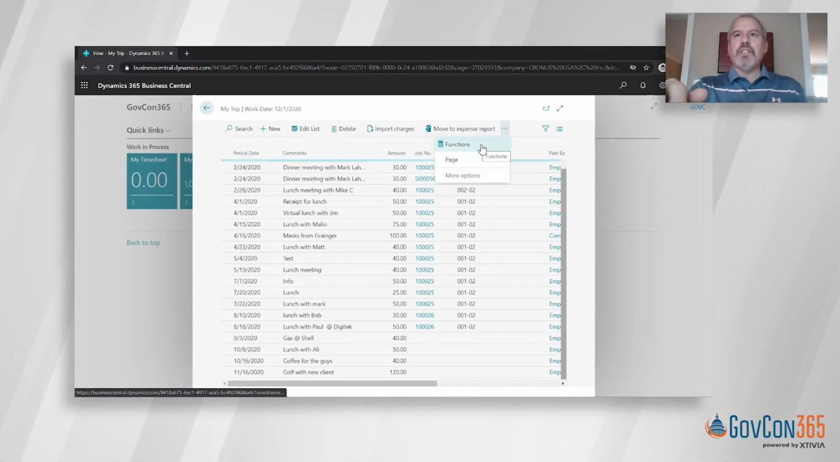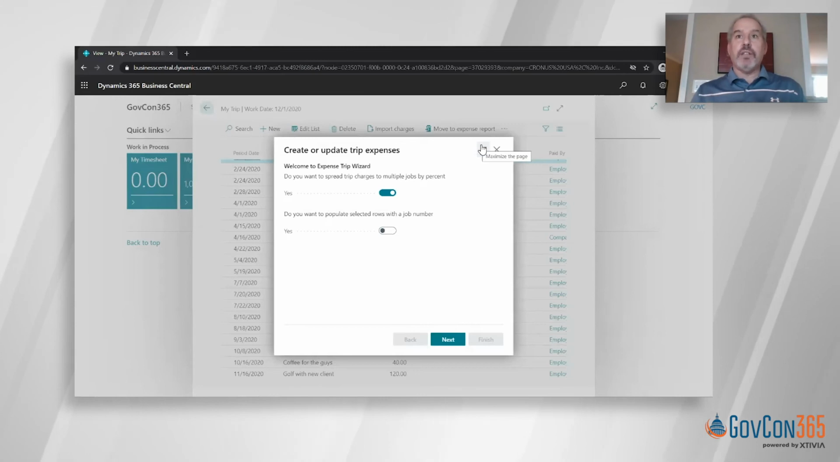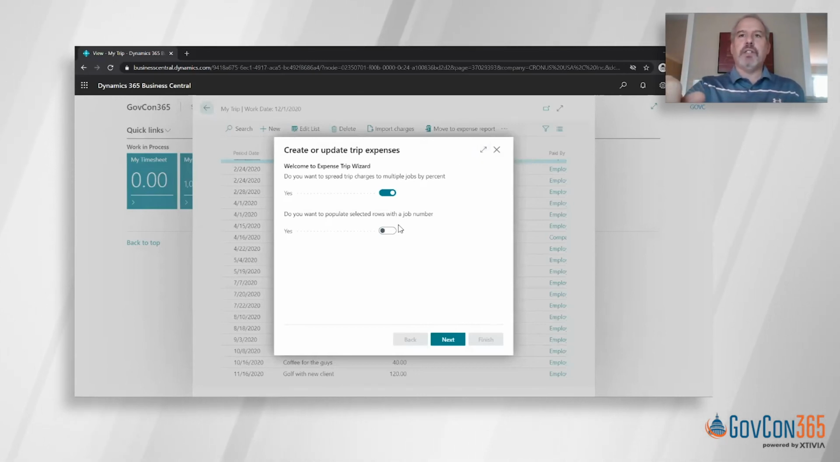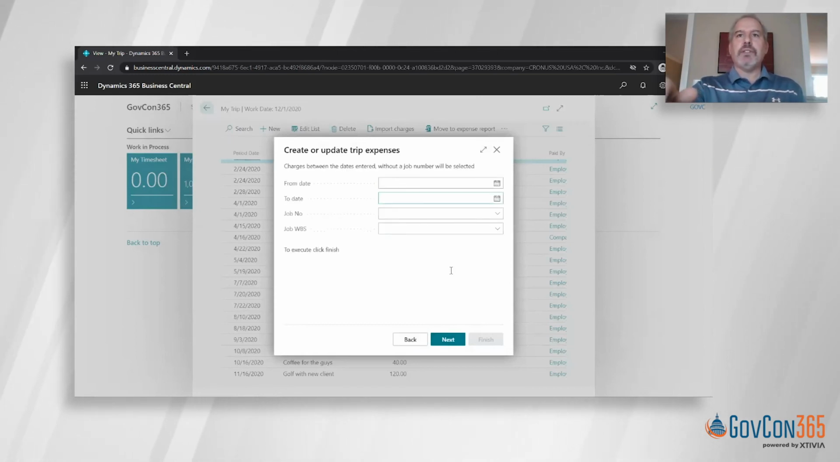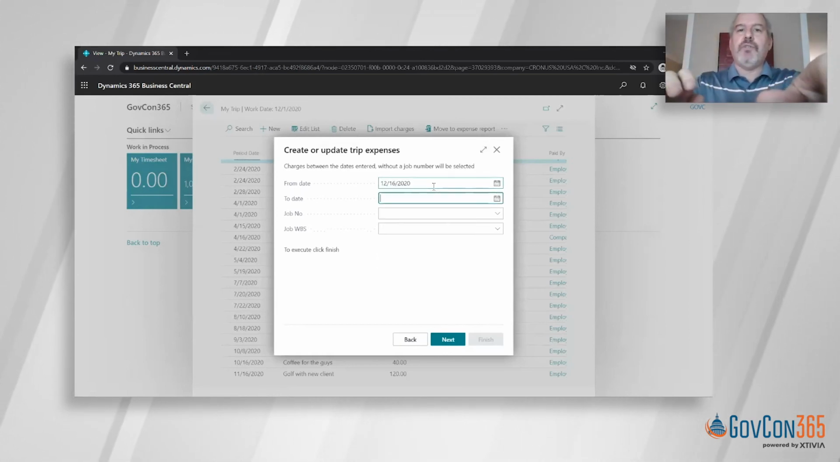So I would use some of these functions in here. The functions allow me to either take all expenses and spread those across multiple jobs, or populate them against a single project. So let's go ahead and we'll just populate them against a single project. We'll click next. And now it's asking me, what date do you want to process these through? I'm just going to go ahead and say it's just for